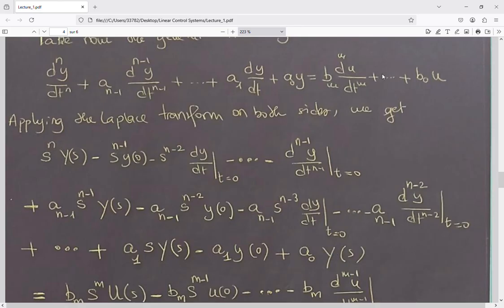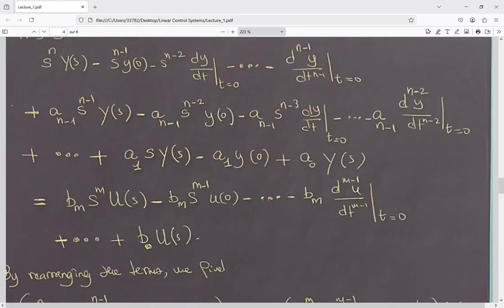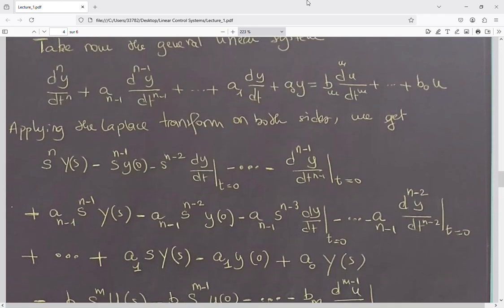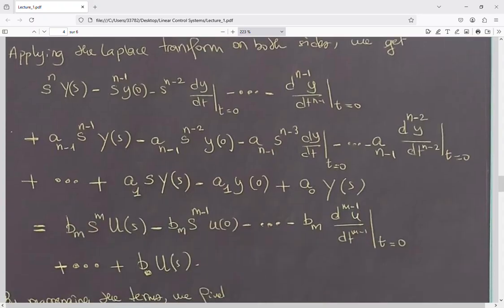Now for the right hand side, what I get is bm times s to the m times U of s. I had here bm times the m-th order derivative of u with respect to t, so this becomes bm s to the power m times U of s, plus a bunch of terms that depend on the initial conditions, and so on until b0 times U of s. If I do the algebra and rearrange the terms,